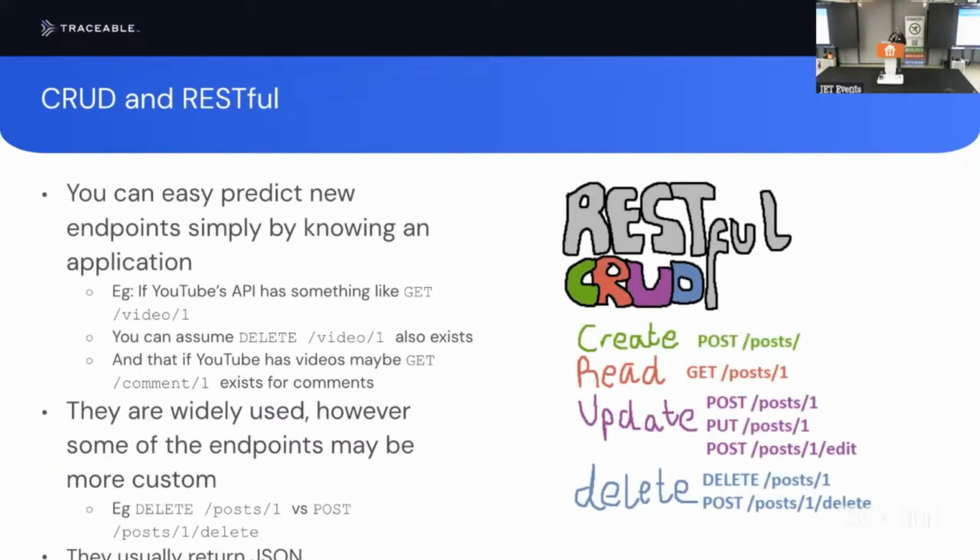So CRUD. CRUD is a really nice term that developers use when talking about the fundamental things an application does. An application is made up of resources. You're on Twitter, you have tweets. You're on Facebook, you have posts. You're on Reddit, you have subreddits, you have users, all of these resources. And then for each of these resources, you have a unique API endpoint. And those endpoints are the create, the read, the update, delete, CRUD.